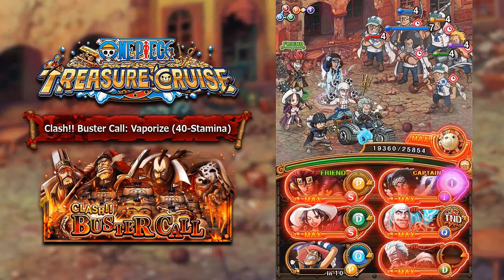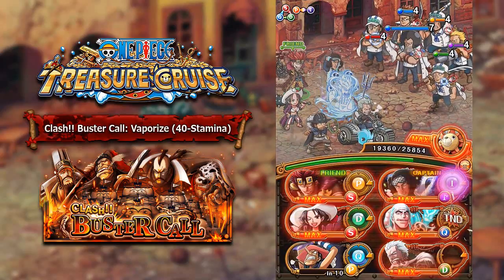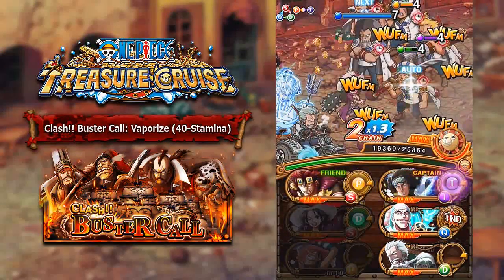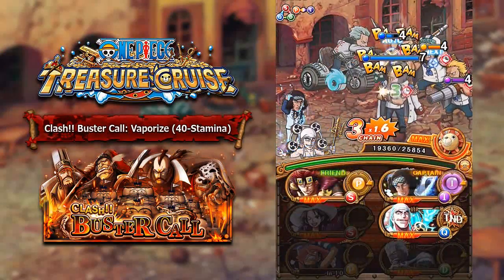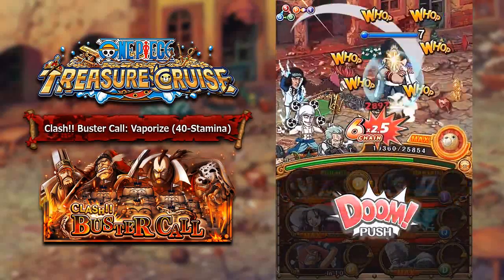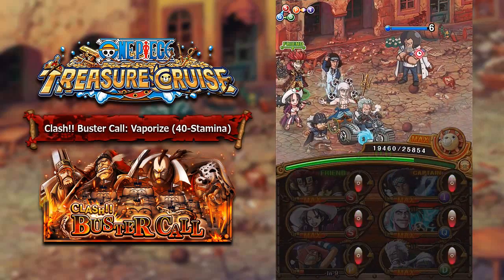So now we're going to be using our highest combo hitters first. So let's go with Golden Pound, and then we'll go Alvida, and then we'll go Smoker. We'll switch it up now, and then we'll be able to take down these guys. And then we get a whole bunch of turns to take down Very Good. So he does have a lot of health,